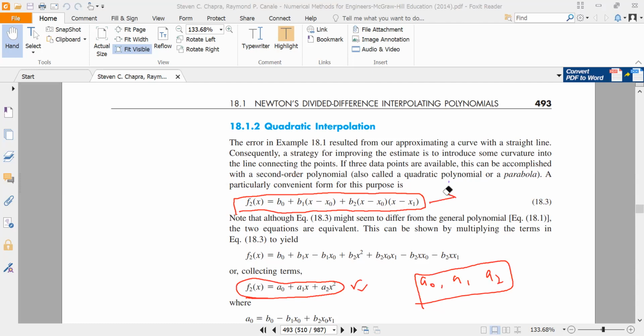In this equation, we also have three unknowns, B0, B1 and B2. There exists a relationship among these three unknowns and those three unknowns. That is derived, you do it. Now, if you want to keep our polynomial in the form that is there in 18.3, we have to find the value of our